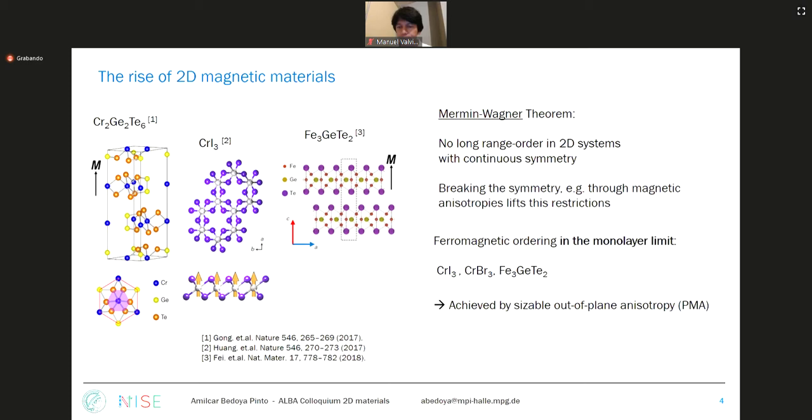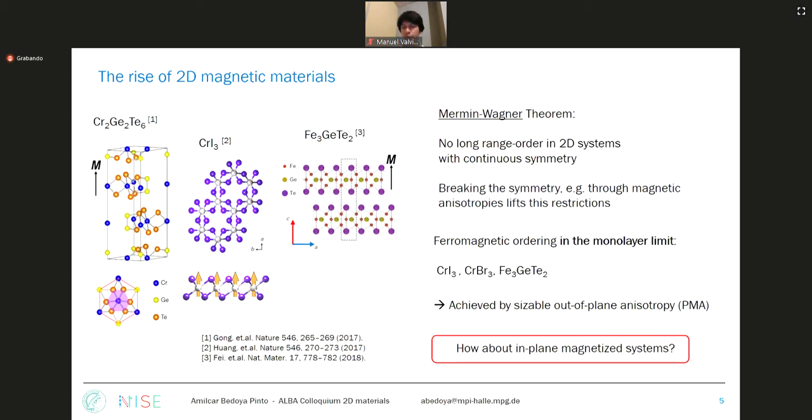So of course these are van der Waals systems, and people have started from few layer samples, bilayer, trilayer, but here I will just focus on the true two-dimensional limit. So I will just give examples of real monolayer samples that have been studied magnetically, and these three candidates, or these three materials, have been measured to have a sizable out-of-plane magnetic anisotropy. And most interestingly, there has been a lack of van der Waals systems with an in-plane magnetic anisotropy. That's actually just a curiosity from these recent developments.